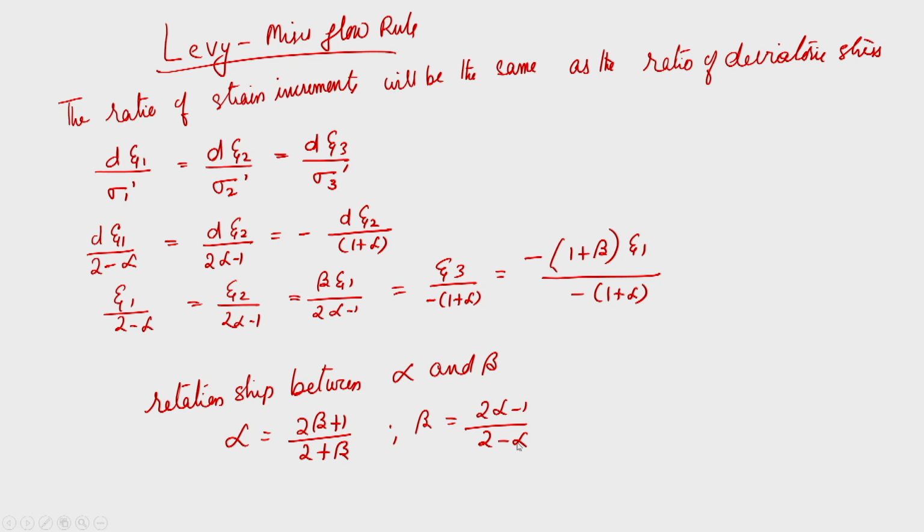So, if you look at the Lévy-Mises flow rule, it gives the relationship between the stress and the strain ratios. It will not indicate the magnitude of the strain. It will not tell you the exact value of the strain. If the element deforms under a given stress state, or if alpha is known, the ratio of the strain in the previous case and this case, that we can find out along the two directions, but it will not give an absolute value. So, initially if you know the value, and then under a constant alpha it is deforming, then we can have the strain, that is all.